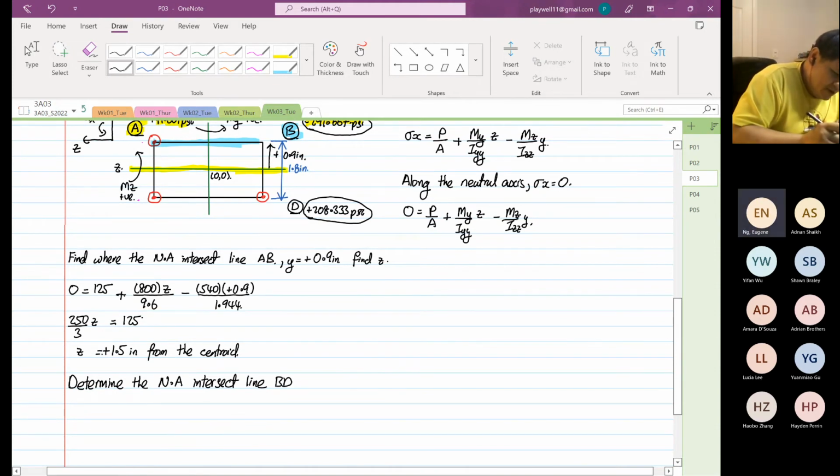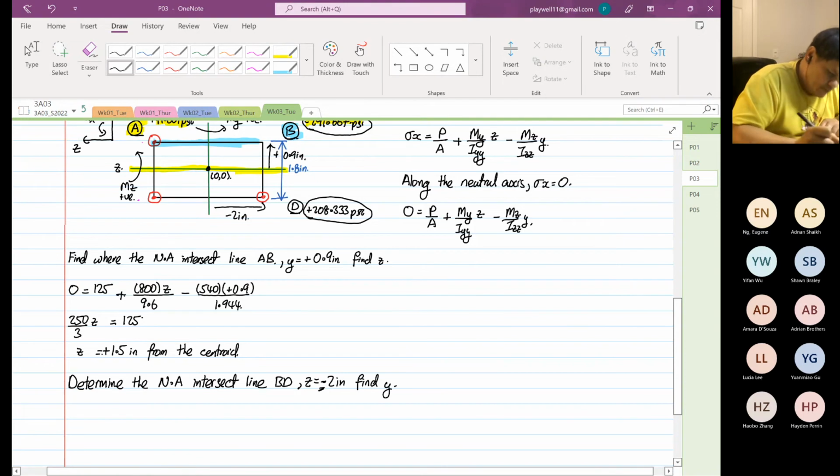And on line BD, we realize that Z is equal to minus 2 inches, because if the center is 0, 0, for BD, this distance is minus 2. And then now we are going to find